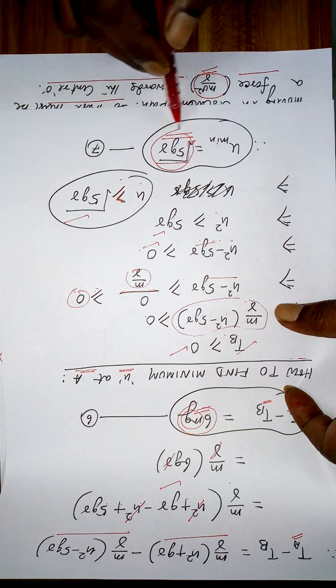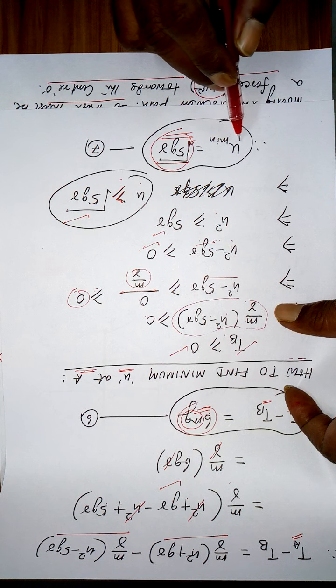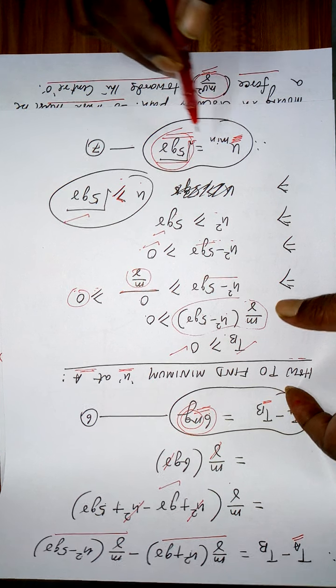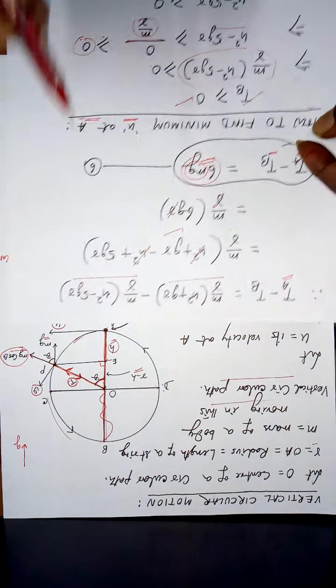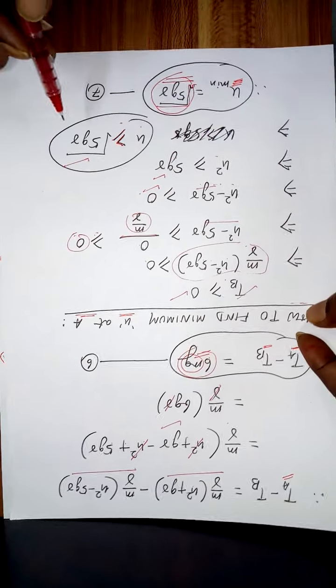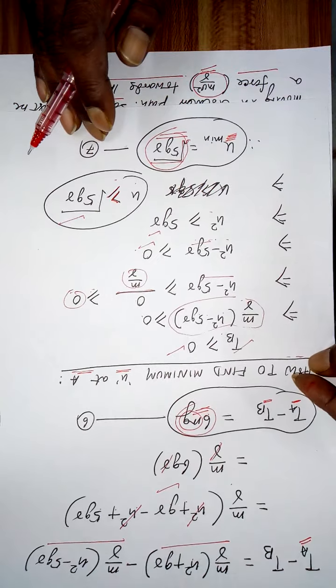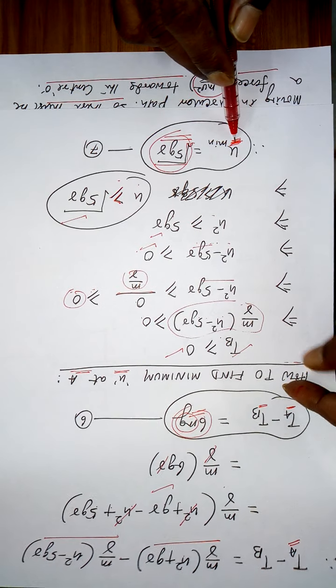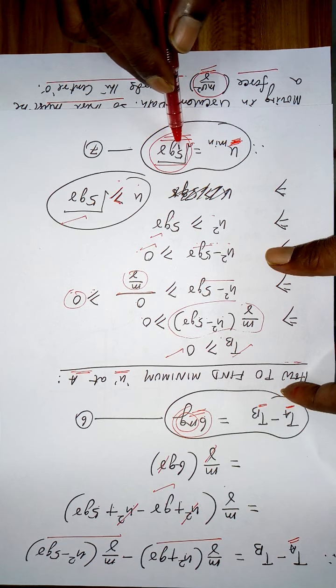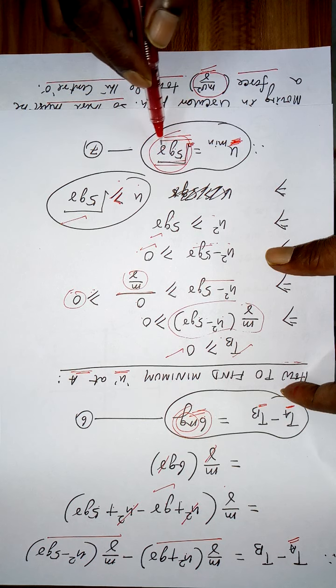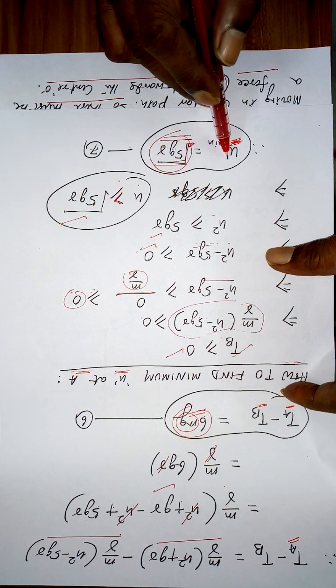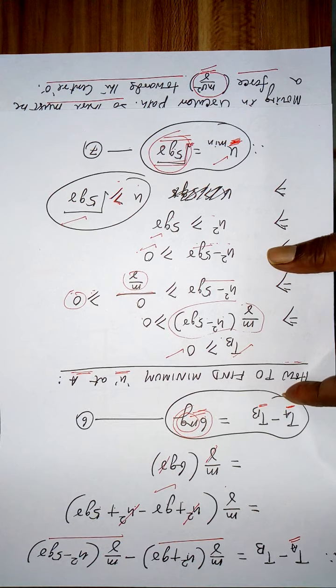This is the minimum velocity required at the bottom, because u is the velocity at the bottom, that is at A. So for a body to move in a vertical circle, the minimum velocity at the bottom must be equal to the square root of 5gr. It means the more the value of r, the more u should be to make it move in a vertical circle.